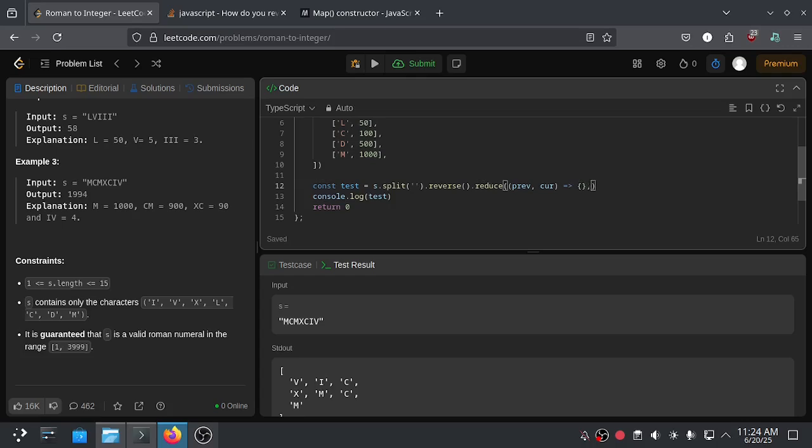And then for the output value of the previous that we can process later, we need to somehow record the previous string right here, because the default reduce function will only record the last value, or the total of the conversion from the Roman to the integer.